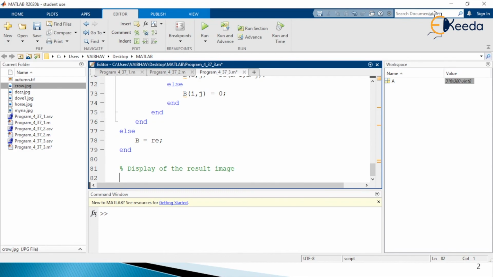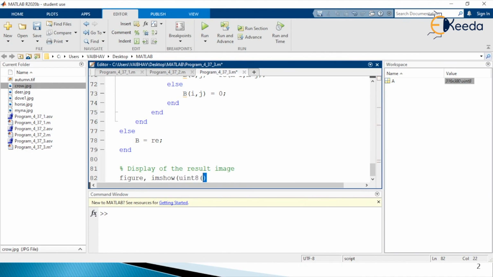It is just for the comparison of the different zooming factors we are accepting from the command window here. Let us display it with the help of imshow. Input argument will be capital B of uint8 type here. So this is our MATLAB script.